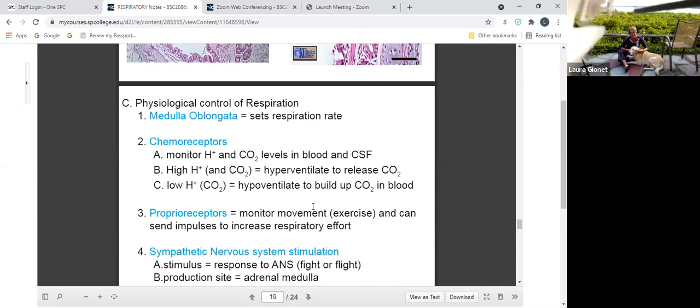So, these are talking about what the response of the medulla oblongata is, essentially. If we have high pH values or low pH values, or high carbon dioxide values or low carbon dioxide values, how are we going to correct it? So if carbon dioxide is high, it means you're not getting the carbon dioxide diffusing in the lungs and exhaling it away. So what you want to do is exhale a few times, hyperventilate, and blow off the carbon dioxide